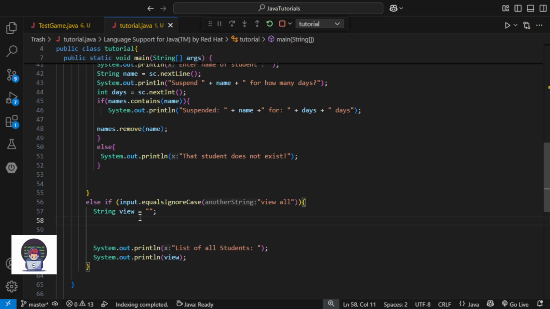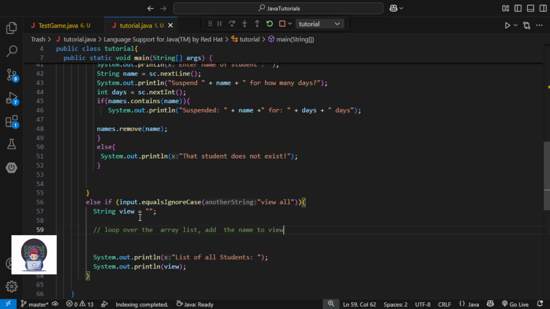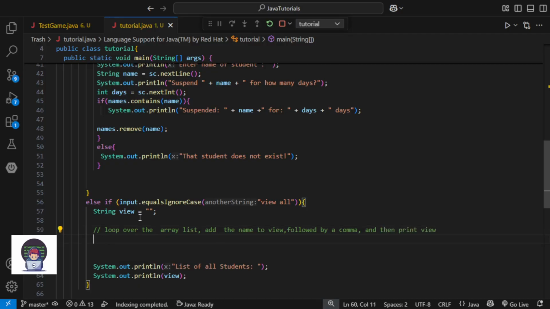Okay, now so what's the plan? We will loop over the array list. Add the name to view followed by a comma and then print view. How does it work?